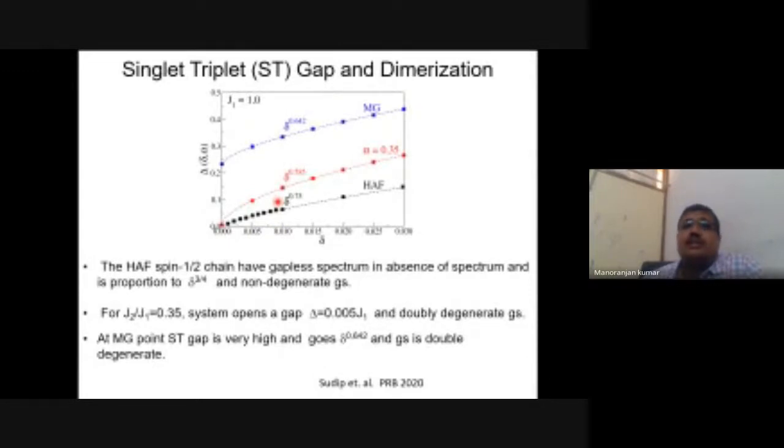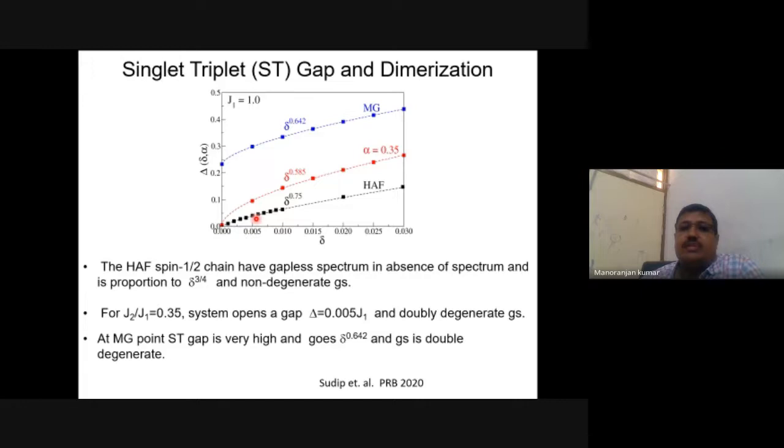Let's talk about the effect of delta on the singlet triplet gap, and for different values of alpha. Alpha is the J2 by J1 ratio. And you see here that the HAF spin half system has a gapless spectrum in the absence of delta,